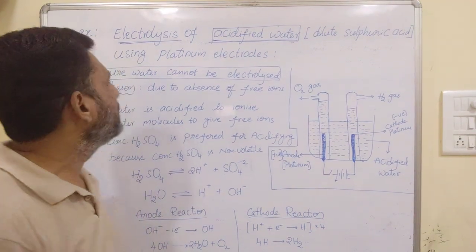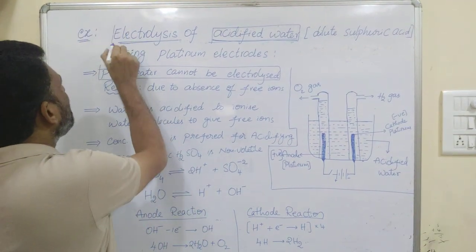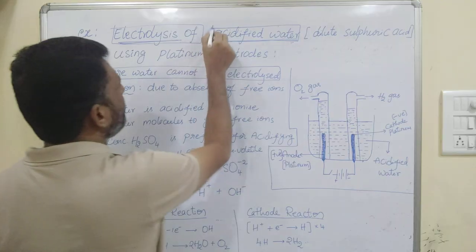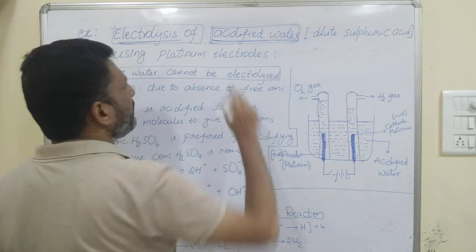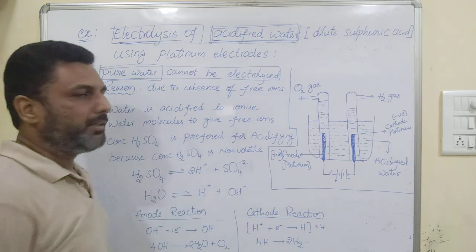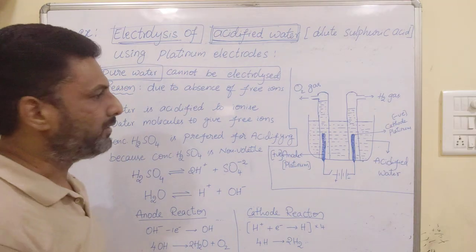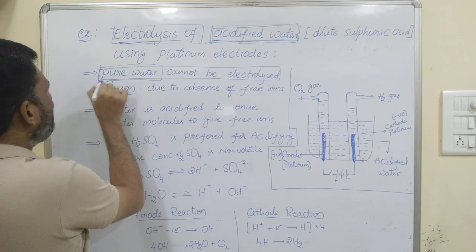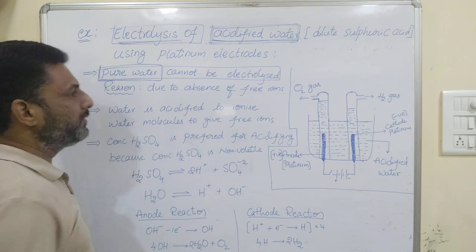Let's have a quick revision on electrolysis of acidified water. So here pure water cannot be electrolyzed, so that's why we are acidifying the water before its electrolysis. And the reason why pure water cannot be electrolyzed,